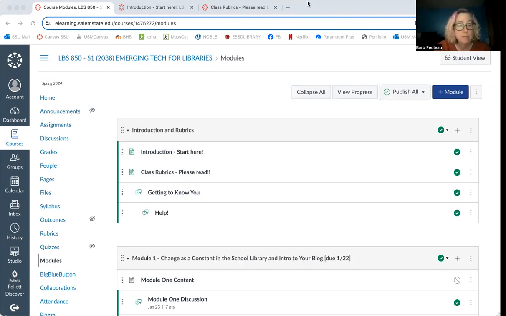Anyway, I put my info in the introduction, but I've been doing this. This is the first class that I wrote for Salem State, and it changes up a lot. The way that I've managed to keep it going for 12 years, in the same structure, is that the content doesn't focus on specific tools. I certainly talk about specific tools that you should know, the big kahunas that are ubiquitous, but the format is for you to go out and explore